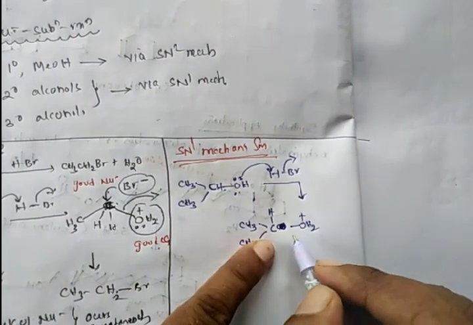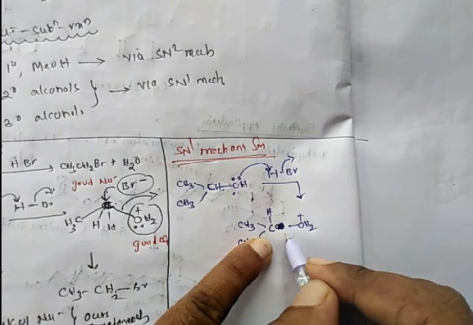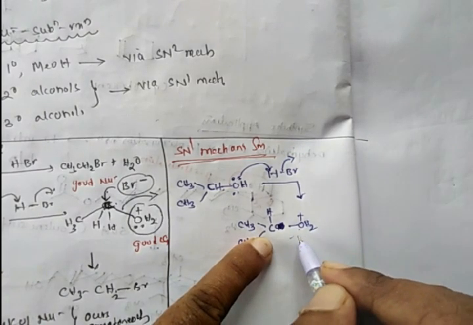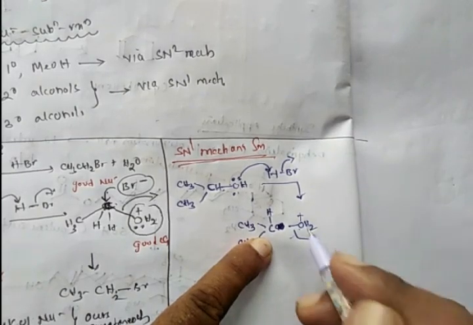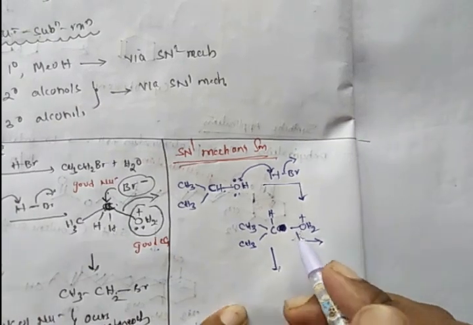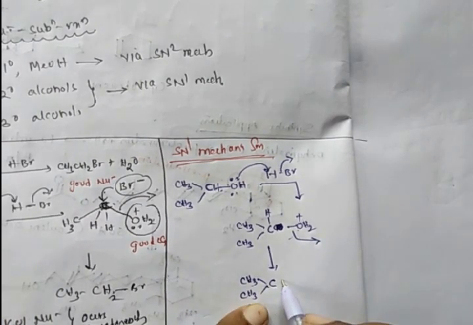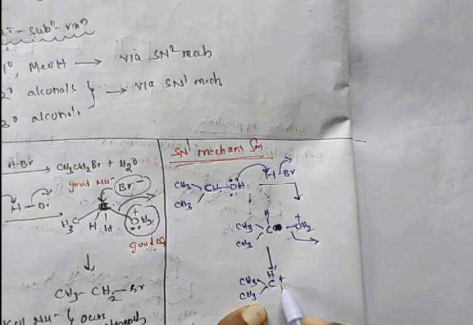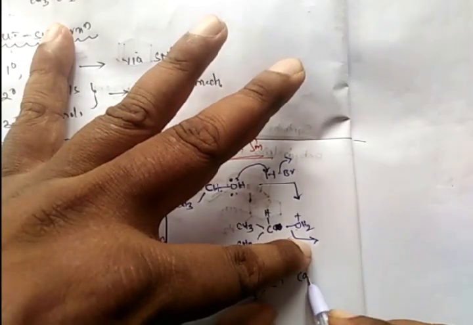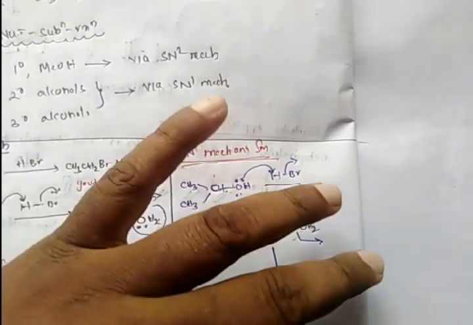So after that, the leaving group leaves. This is the oxygen intermediate. As this OH2 is a good leaving group, it leaves away from this molecule and forms a carbocation, CH3, with a hydrogen here. The intermediate is a carbocation. This is step 1 of the reaction. So this is the possible transformation.